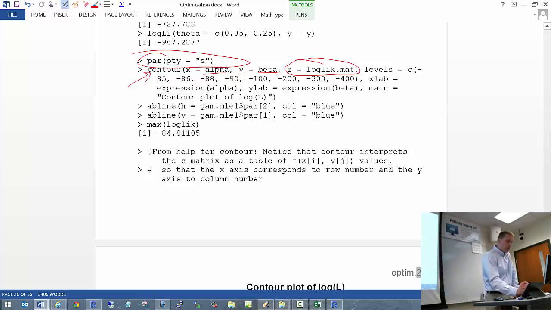Then what contours do you want to show? Well, that's what the levels argument allows you to do. So I'm going to plot log likelihood function values at negative 85, negative 86, and so on. Now, I typically would run this function first without the levels argument to see what it gives me, and then I would refine it by specifying the levels with particular contours that give me the best drawing possible. Try without the levels argument, you'll see what I mean. Then I have other very common